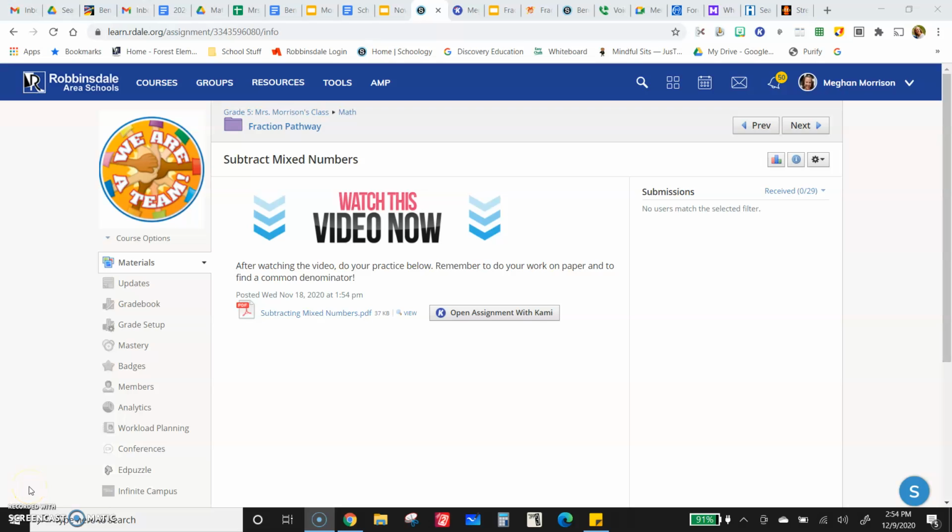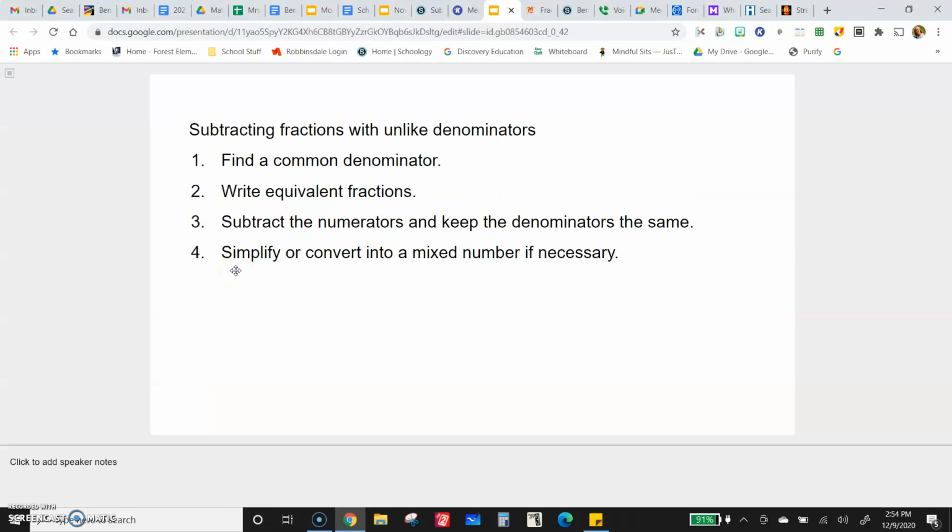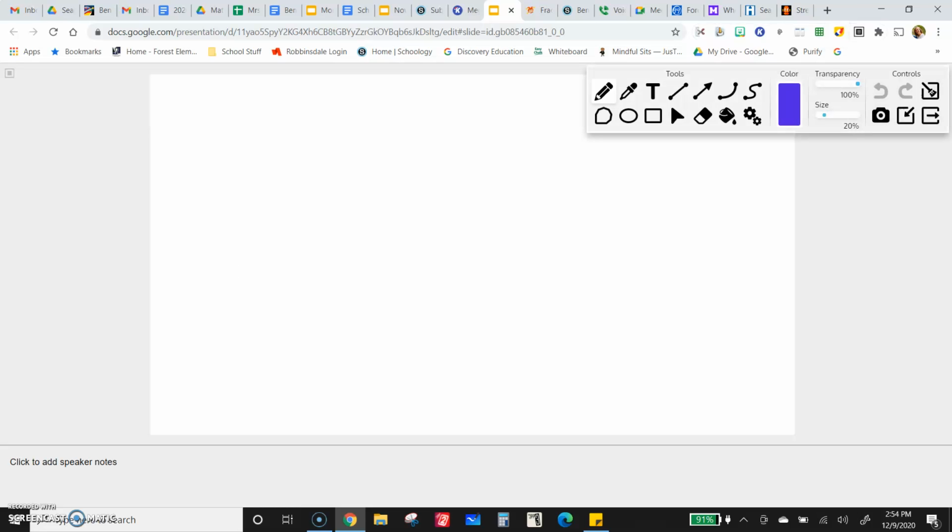Subtracting mixed numbers, here we go. The good news is that it's very similar to subtracting fractions with unlike denominators. So there's a few weird things that can happen though, so that's what I'm going to show you in my examples today. So the first example I'm going to do is